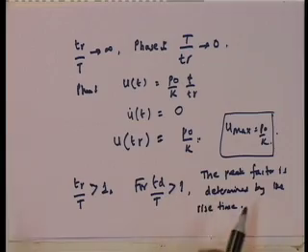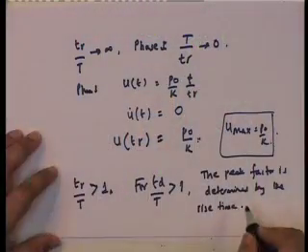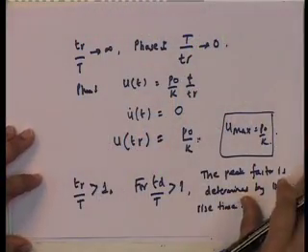So, if Tr by t is very fast, in other words, the rise time is very fast, Tr by t tends to 0, and you get 2 P naught upon k. If the rise time is very slow, Tr by t becomes very large, then d is equal to 1. So, in other words, one of the things that comes out of this characteristic for pulse load is that if